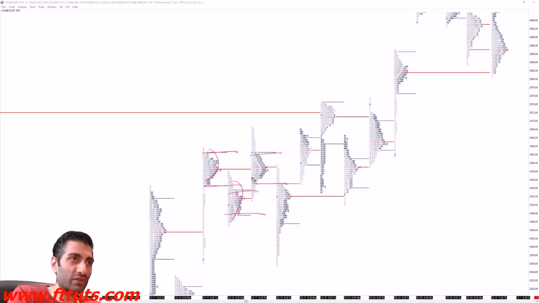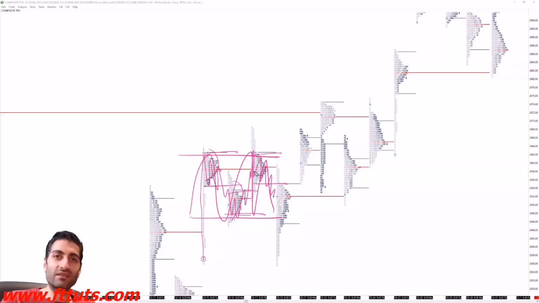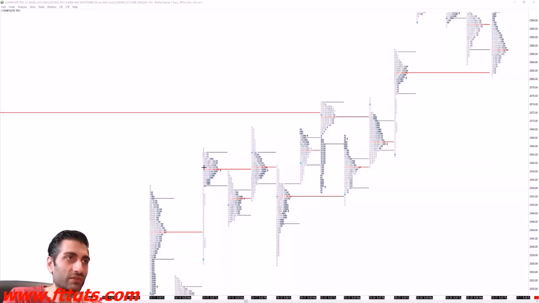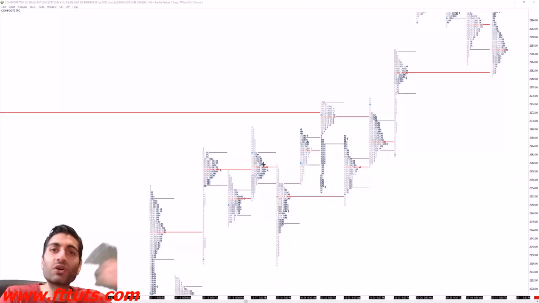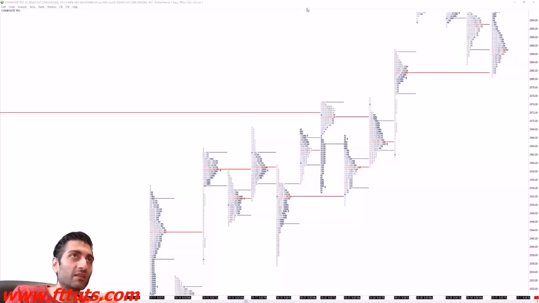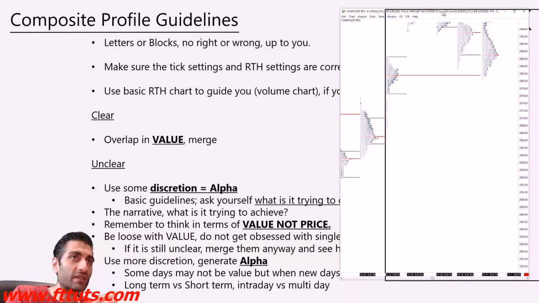I'm going to merge these three because what's actually happened? What has the market actually done? It's opened here, hasn't it? It's gone up. You see, it's actually not gone anywhere. That is balance, okay? But when you look at it as two individual days, it's not balance. When you've got that and that, it's the third. Do you see? And that's what I mean by it saying